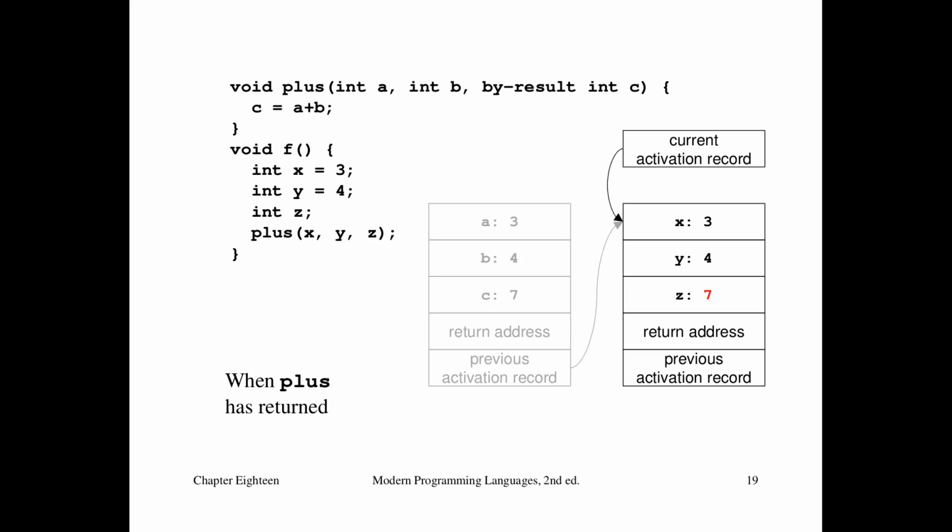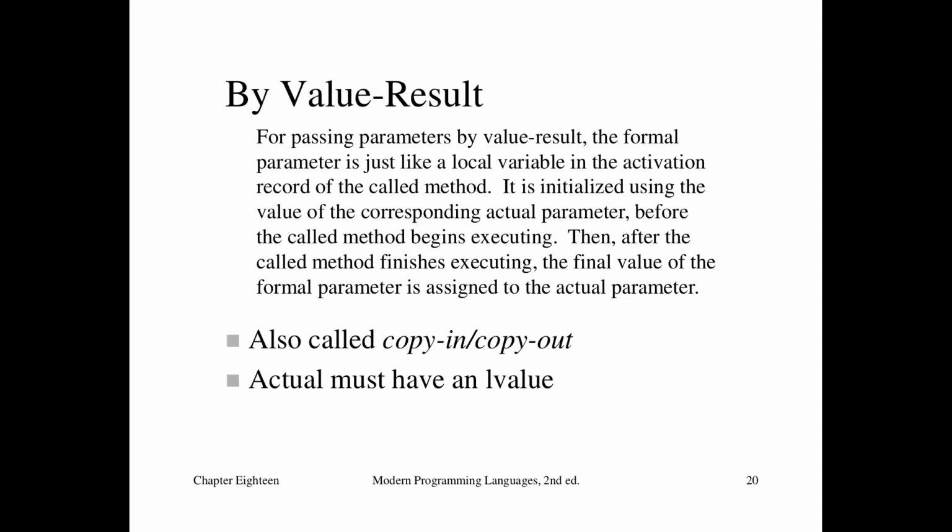actual parameter, right? So if we ask ourselves, what are the changes that we can see on the caller side? Well, we obviously can see the change to the third, or the by result parameter. The actual parameter is changed by the called method. There's also another approach, which is value result, which is a combination of the two previous approaches, and basically, so what we can do is